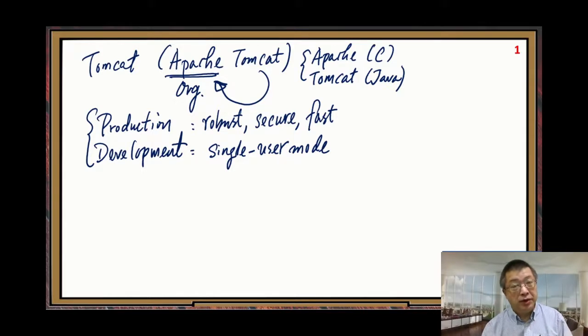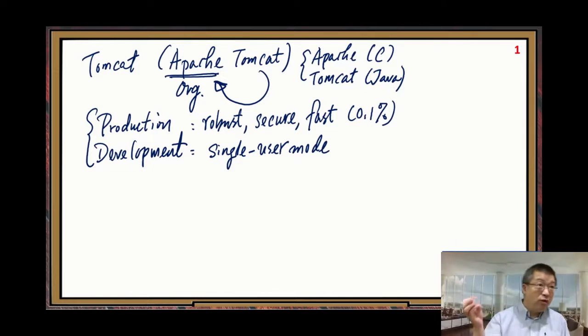Then let me explain the number I mentioned last time for the production server. The Tomcat market share for the production server is very small, right? You may see only 0.1%. I gave you that in the previous video. So small, tiny, 0.1%. That looks like it is not very important in the production server market, but it is very important in development,